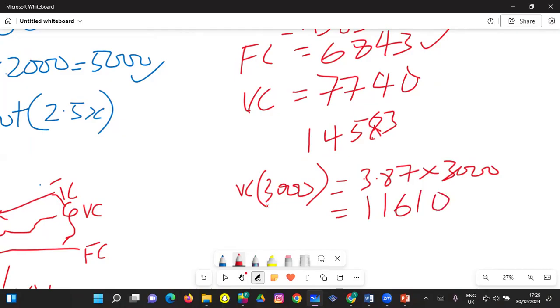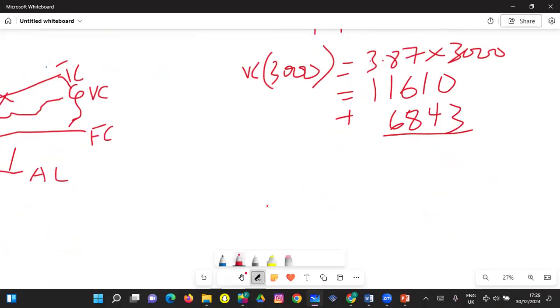Right. So now we add this to our fixed cost, 6,843. We get 18,453. So this would have been our raw total cost when we want to produce